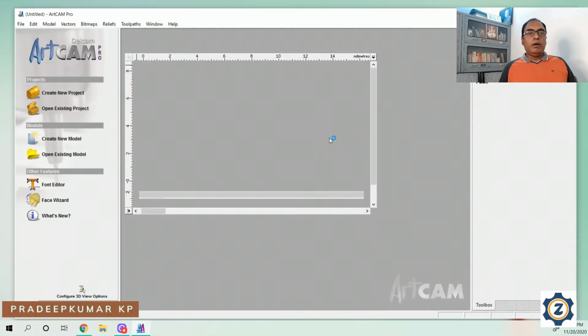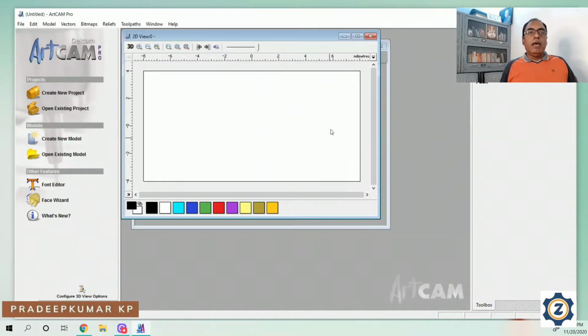Now I am going to import some vectors from outside, because I or my customer have made it in CorelDRAW. Then I can convert it into EPS format and bring it into this software. So let us see how we will bring that into ArtCam.